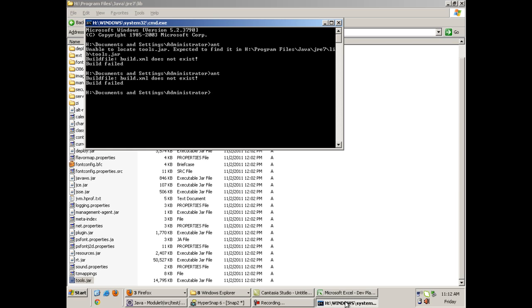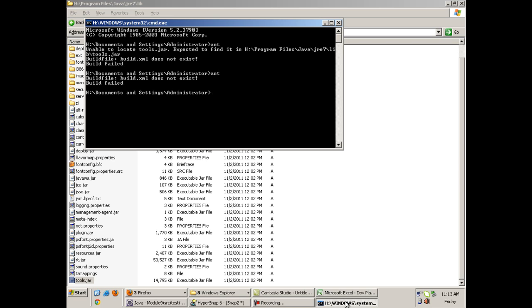Okay, the question is, why is Ant important? As I told you, Ant is important to run your programs on servers, Linux based servers, Unix based servers. You cannot have Eclipse over there, right? Similarly, Ant is used to run your programs on command prompt. On command prompt I cannot use Eclipse. So sometimes in companies there is a requirement.